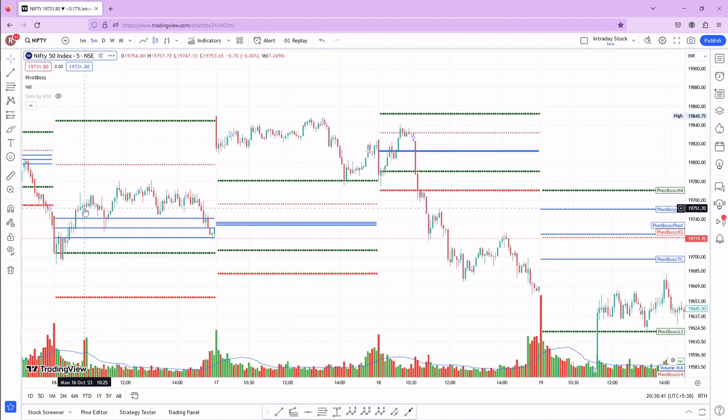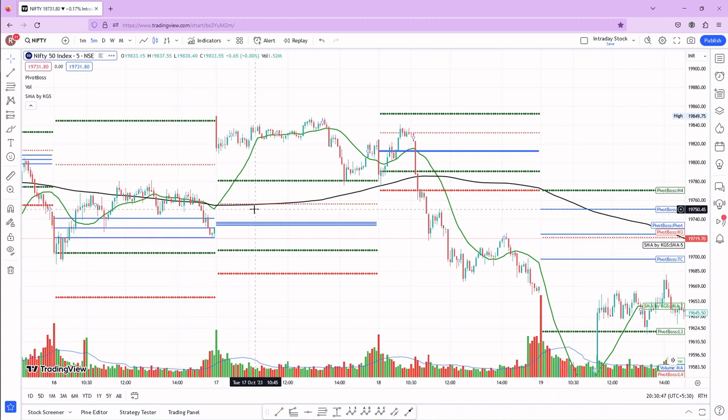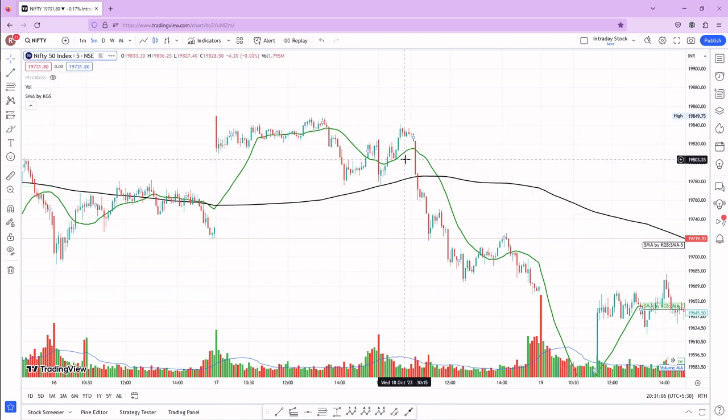So this gives a major advantage. Even if you go to any other indicator, let's take the SMA indicator for example. See, the moving average indicator is coming like this, and at the end of the day the price has closed here, above all the moving averages. But if we are not sure whether the next day will be a trading range day or a trending day, how will you be able to say without CPR or Camarilla? You will not be able to say, right?